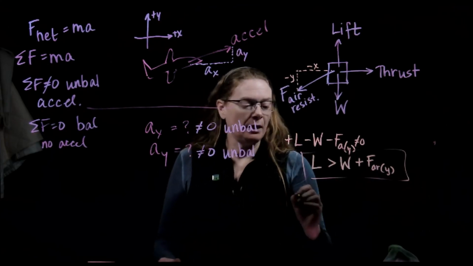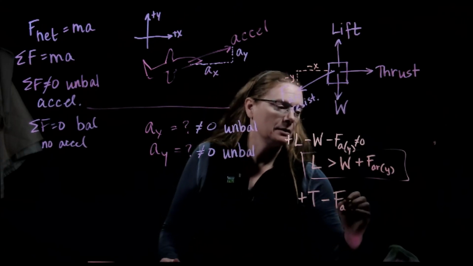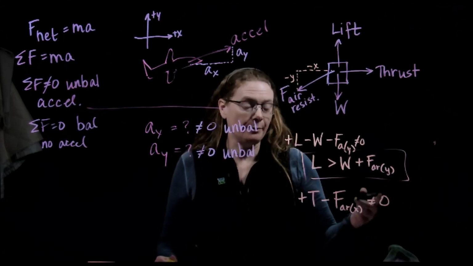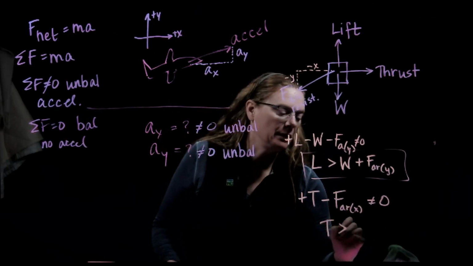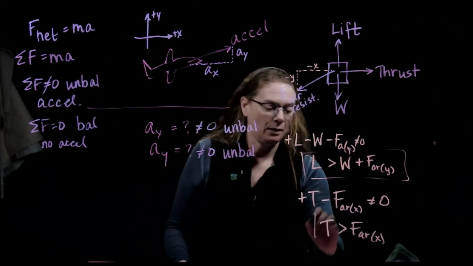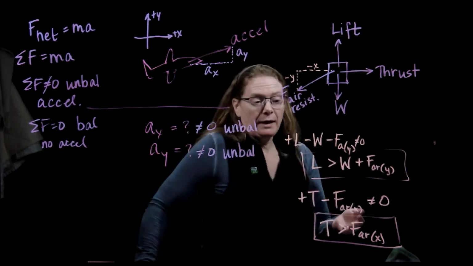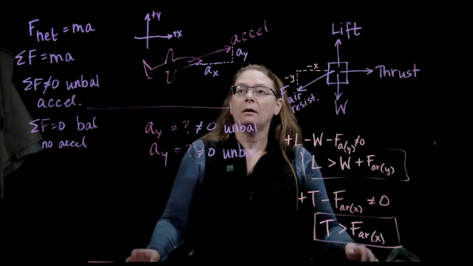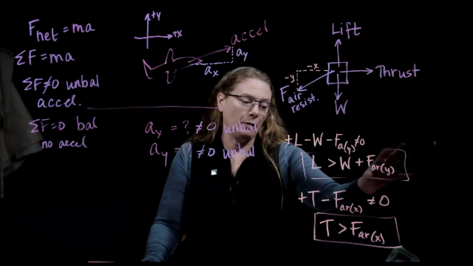Similarly, in the x direction, I've got a positive thrust and a negative force of air resistance in the x direction. I know they add up not to zero. They're unbalanced. And if this thing is accelerating in that direction, the thrust must be bigger than the x component of the air resistance. So I also would know this to be true. If we had other information, we could use that to do some calculations. But just knowing its motion, we already know something about the forces,